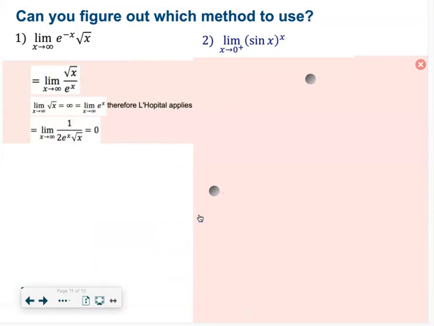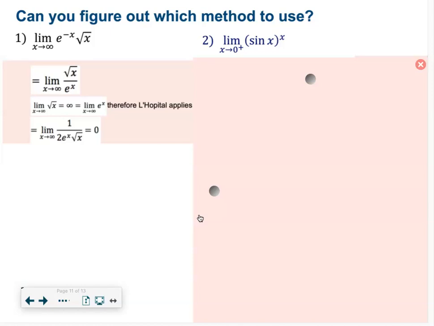Okay. So for the first one, I rewrote it. When you plug in infinity, e to the negative infinity is actually approaching 0. So you have a 0 times an infinity. Whenever you have a 0 times an infinity, something's got to go to the bottom. The natural thing to go to the bottom looking at this is the e, because e to the negative x is just 1 over e to the x, right? So you just drop the e to the x to the bottom,